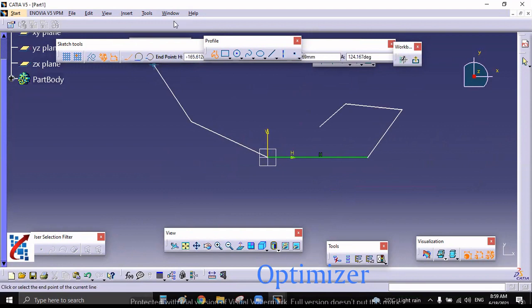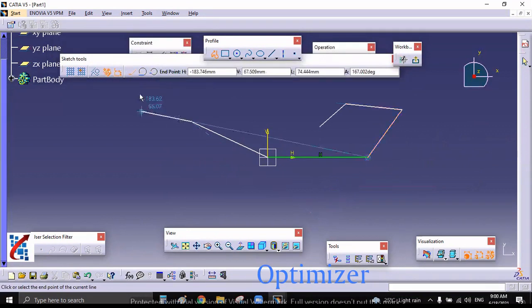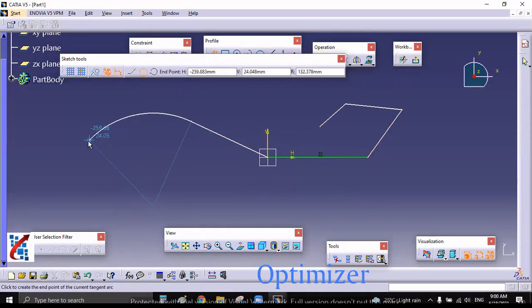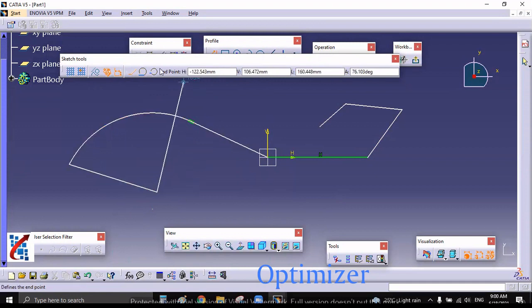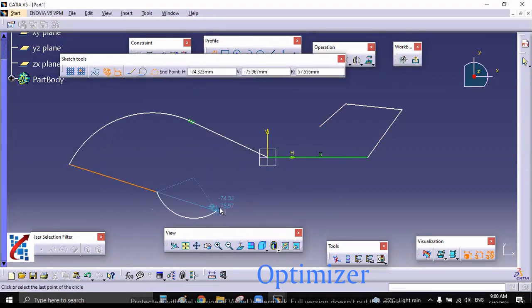So just go to these sketch tools, and from here, it is coming as a line. So if you want an arc to continue from this line, you just need to click here, tangent arc, like this. Okay, so again, by default, it will be set to the line. Again, if you want to click here, it will be like this. Okay. So this is how we can create a line and arc with the help of this profile toolbar. And if you want to end this profile here, you just need to double click.